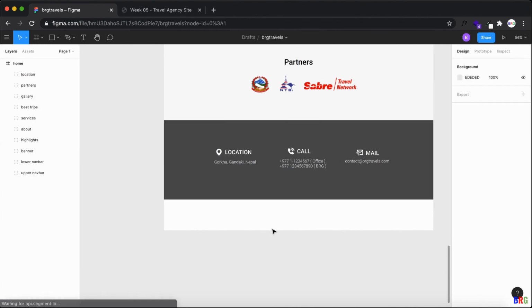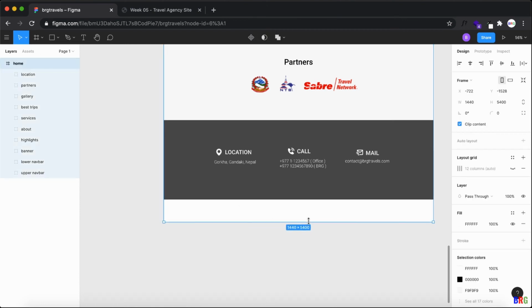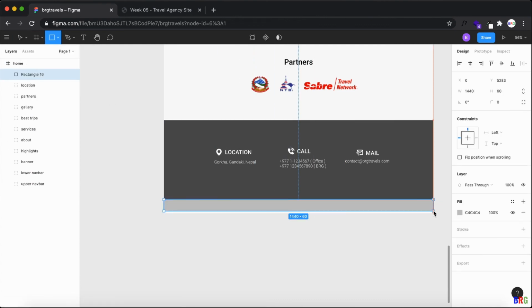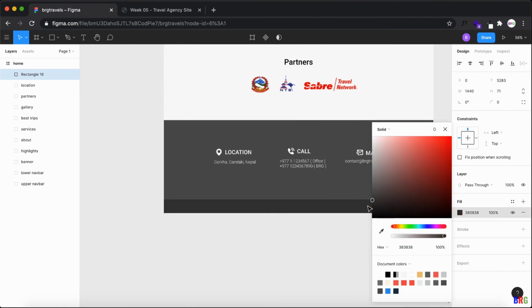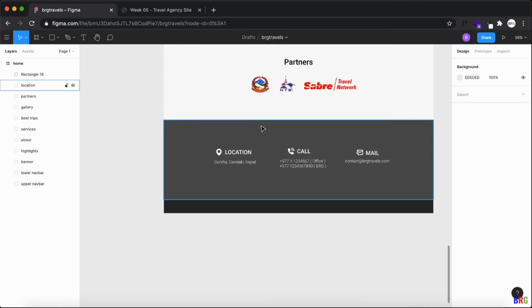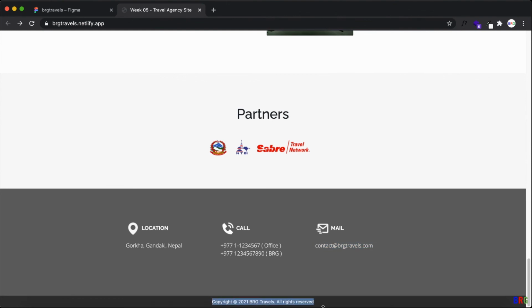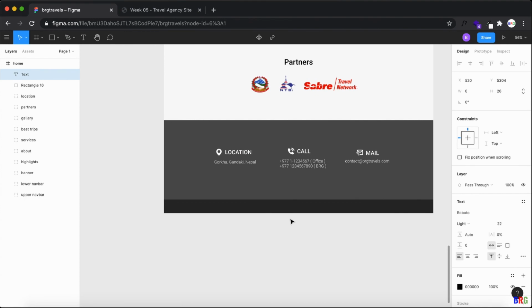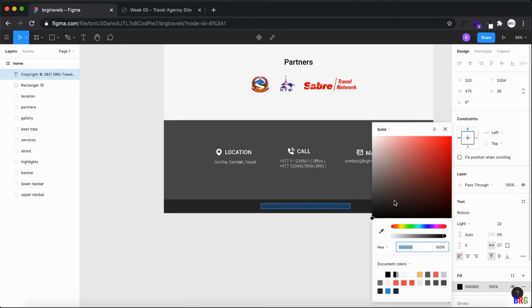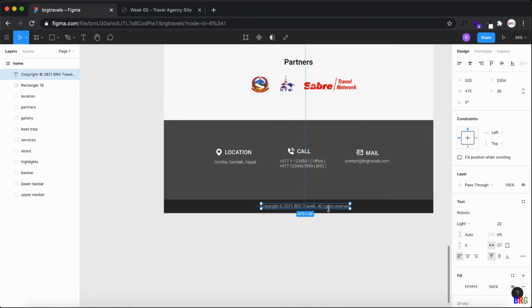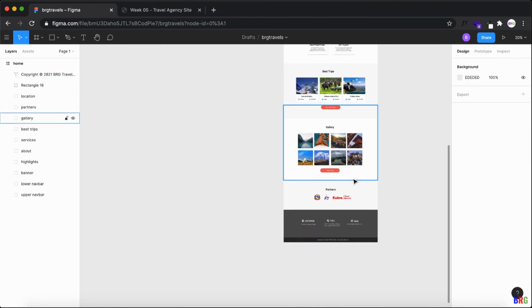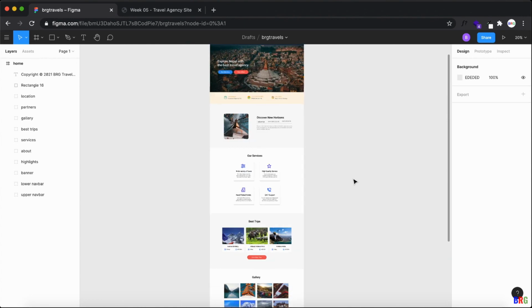And finally, in the last part we can give the copyright a bit darkish, and this way our complete website will be done. This is a text symbol. So this way our complete website design is done, and let me present it.